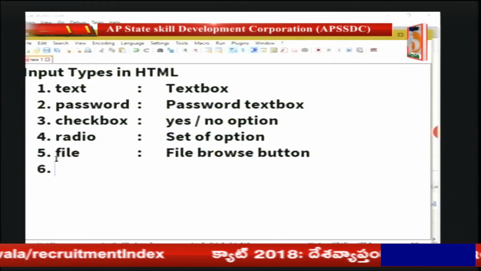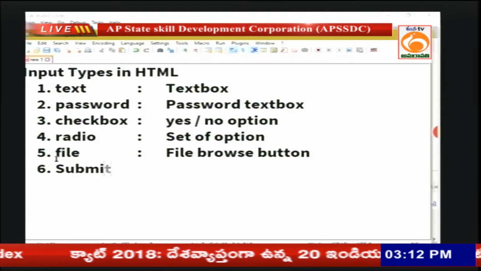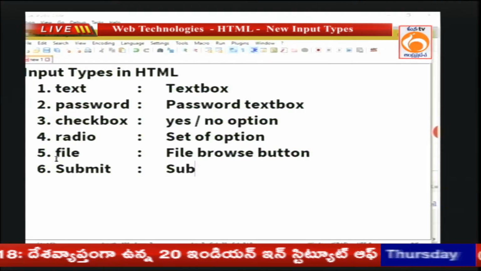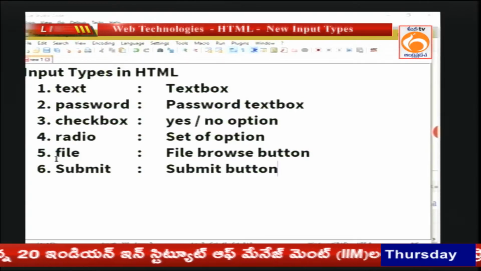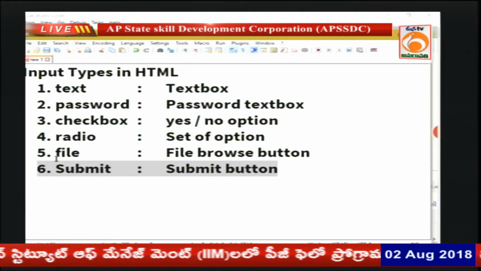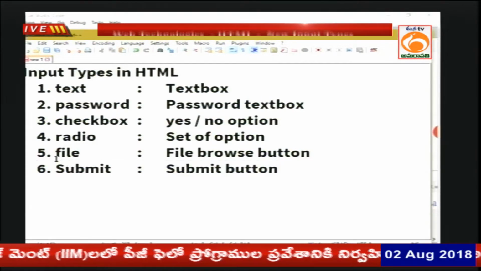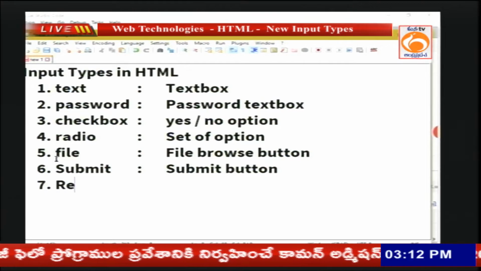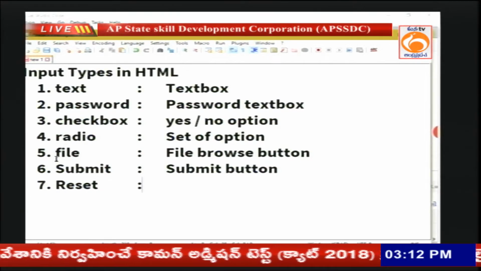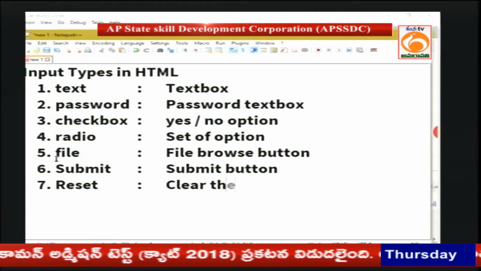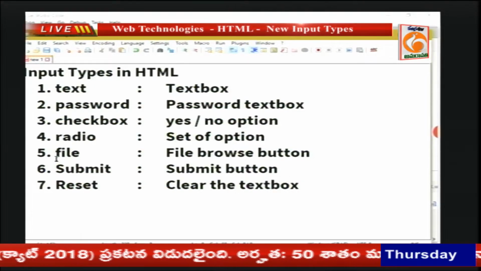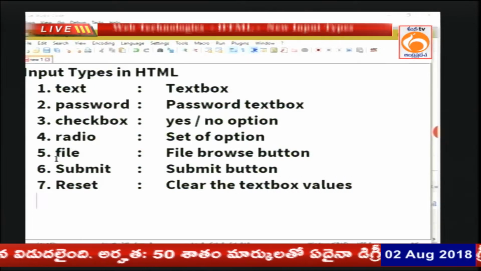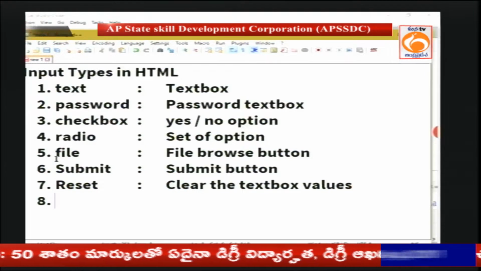And to create a submit button, we have to use input type equal to submit. The submit button is used to submit or send the data to the server. And also we have reset button in order to clear the text box values. To clear all the text box values, we have to use reset button. Similarly, we have